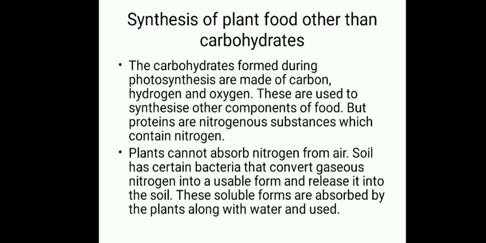So, where does this nitrogen come from? Plants cannot take nitrogen from the air. As you know, nitrogen is abundant in the air, 70% of the air is nitrogen, but the plants cannot absorb nitrogen from the air. The plants can only absorb nitrogen in the form of nitrate or nitrite, which is available in the soil. So, this atmospheric nitrogen has to be converted into soluble nitrogen, which can be absorbed by the plants from the soil. And this is done by some bacteria, which we will study in a later chapter.